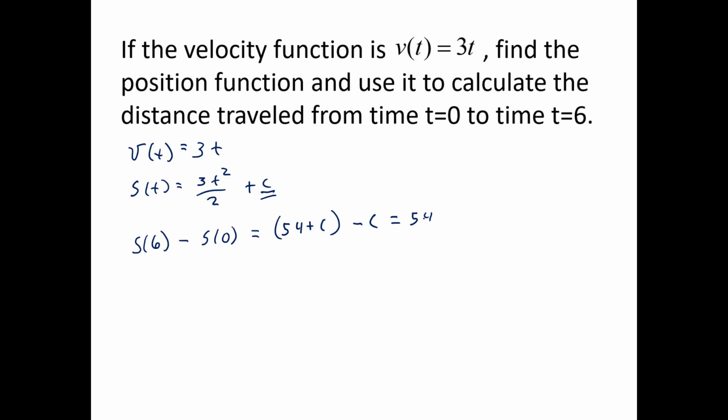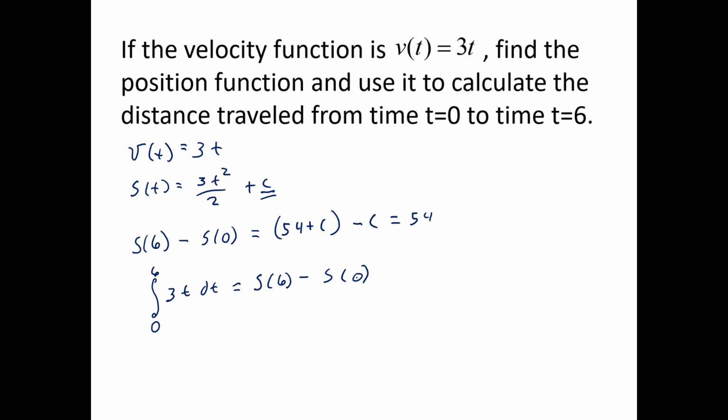So once you come to terms with the fact that to find your position, to find the distance that you traveled, you're just trying to find the area under the curve, then the distance is going to be the definite integral from where you started, 0, to where you ended, 6, of the velocity function, 3t, dt. And then what we have just seen here is that we can find this area under the curve, rather than by using geometry or using something else, by using an antiderivative, in this case the antiderivative of the velocity function, which is the position function,